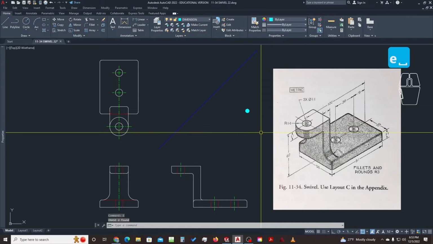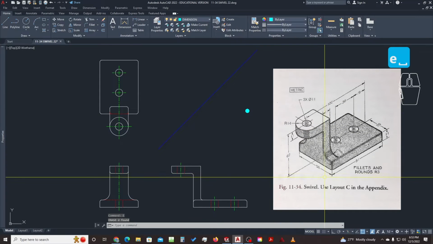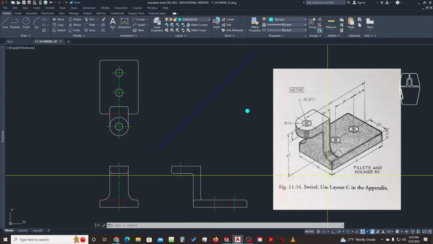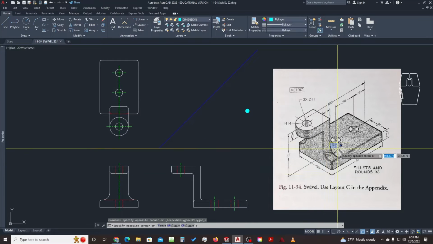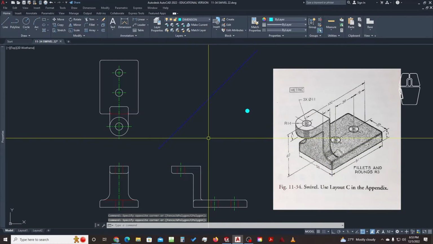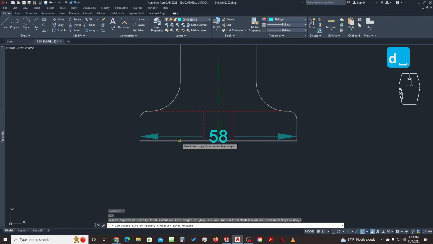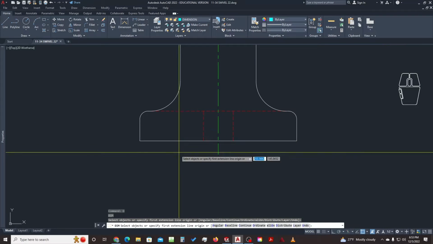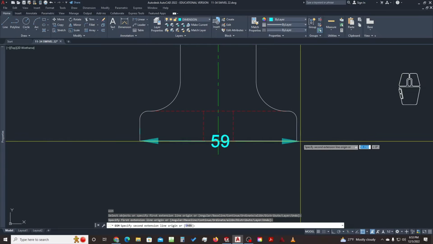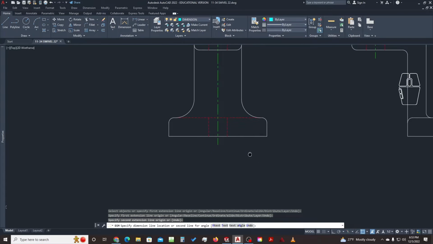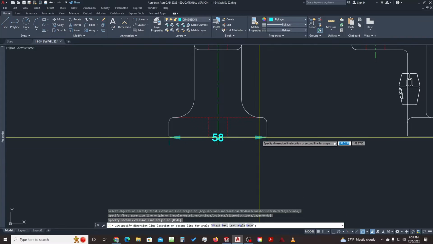So when looking from the front view, I actually only see 2 pieces of text right off the bat that are showing some sizes. So I've got this 58 and this radius of 11. So I'm going to place those right away. D space for dimension. And if I hover on the line, I get a pick box. The other option is to click from endpoint to endpoint and then move down. Now, as we move out,